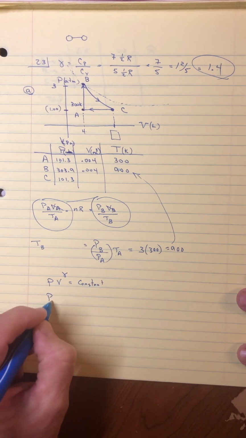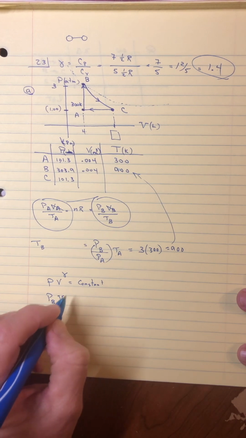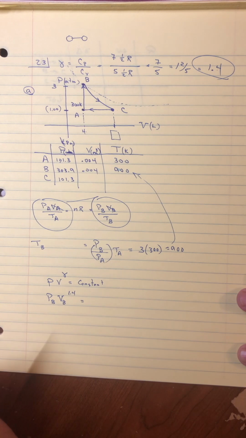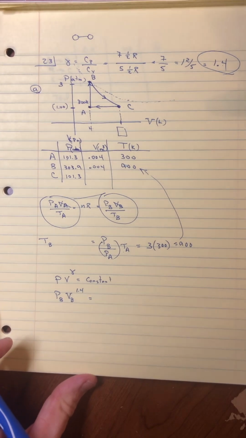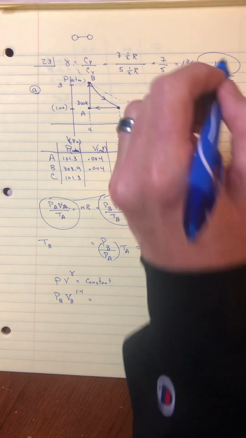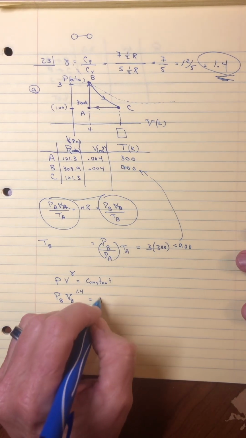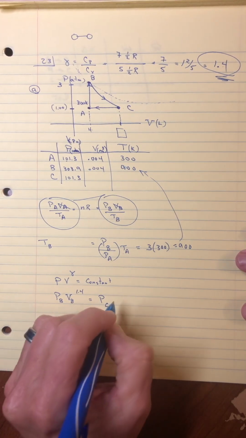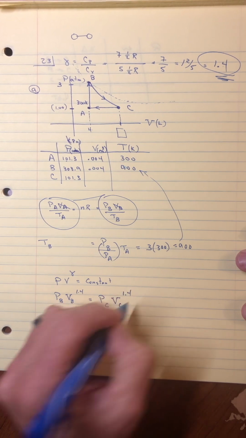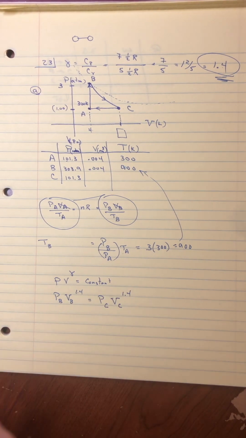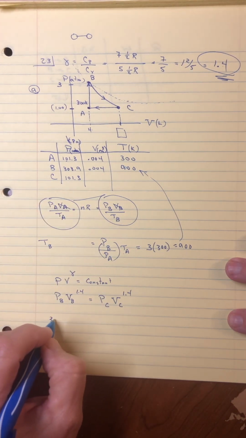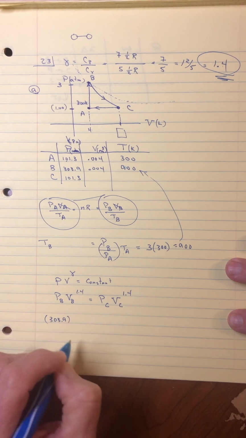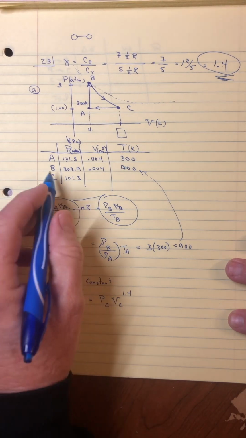So that would mean the pressure at B times the volume at B raised to gamma, which was given when they said it was diatomic, and they were repetitive. They actually told me it was 1.4, but that was our discussion up here about 1.4. That would be equal to the pressure at C times the volume at C raised to the 1.4. And so now I can put in my units. So the pressure here, and I'll just do it in kilopascals, would be 303.9 kilopascals. The volume at B would be the